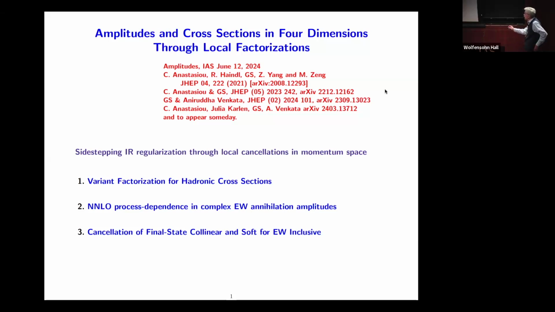And the last part will be returning to this idea of locality, cancellation of final state collinear and soft singularities for electroweak inclusive interactions, the thing that we encountered there. And most of the published work has concentrated really on item 2, but 1 and 3 are different for this. It just adds to that for this talk. Okay, and now